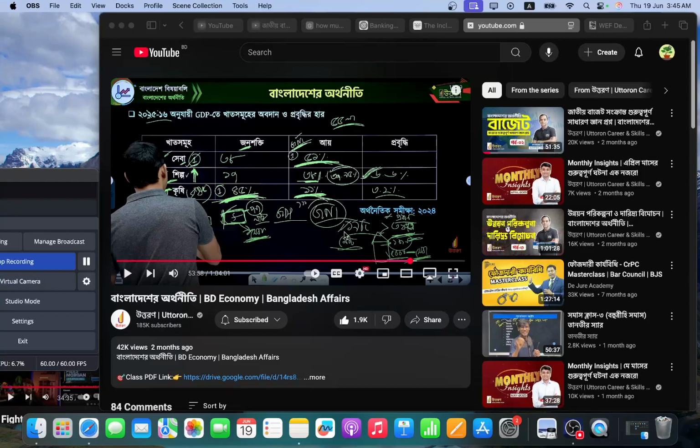So 19 sectors can be condensed into three main primary sectors, which are like service. What is Shilpo? What's the meaning of industry? Industry, yes. Service, industry and agro. So 51% of the income comes from this service. That is a good stat to remember. Like we have to really remember that. And we have been talking about 11% from the agro sector as well. And other thing that we already know is like 45% of the people belong to the agro sector.